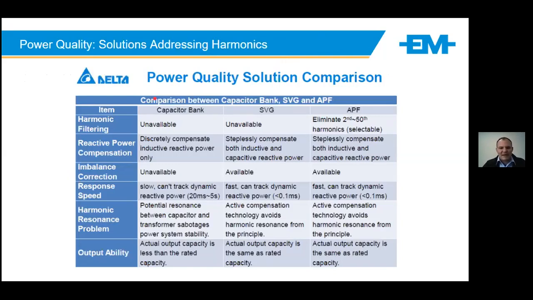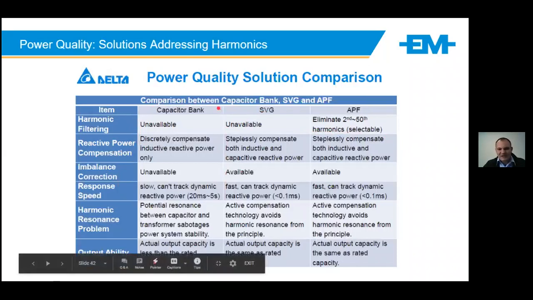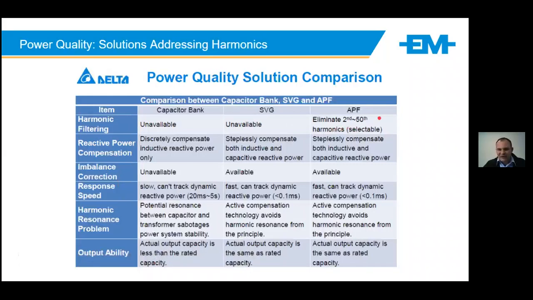As Electromechanica, we can do a normal power factor system with capacitors and reactors. There's also what we call a static VAR generator, and there's what we call the active power filter. Okay, what is the main difference between all of these? Capacitor banks would be slower and they're not as dynamic versus an active power filter.